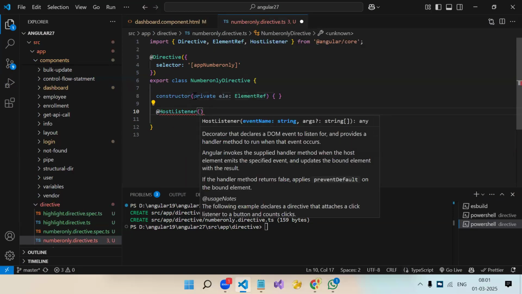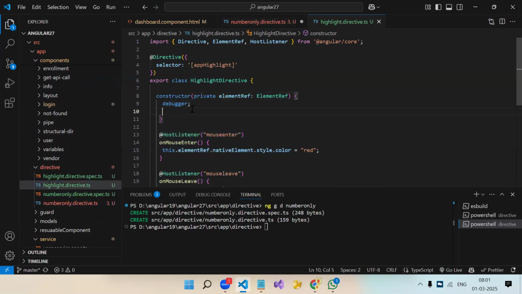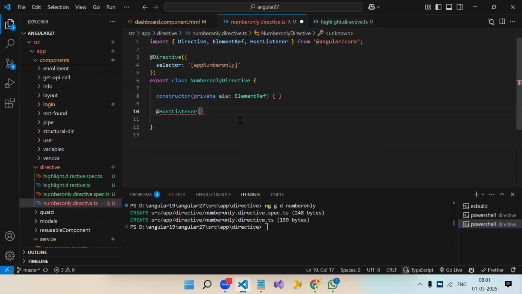और होस्ट लिस्टनर ऑप्शनल है, जैसे पहले हमने पेज लोड पर ही कंस्ट्रक्टर के अंदर कलर लगा दिया था। अब होस्ट लिस्टनर में कौन सा इवेंट लिखना पड़ेगा? टेक्स्ट बॉक्स की वैल्यू जैसे ही चेंज हो, वैसे ही ऑन की अप कर सकते हो, या इनपुट, या ब्लर कर सकते हो, लेकिन ब्लर प्रॉपरली काम नहीं करेगा। चेंज भी प्रॉपरली काम नहीं करेगा, क्योंकि एंगुलर में चेंज इवेंट तब ट्रिगर होता है जब तुम बाहर क्लिक करते हो।